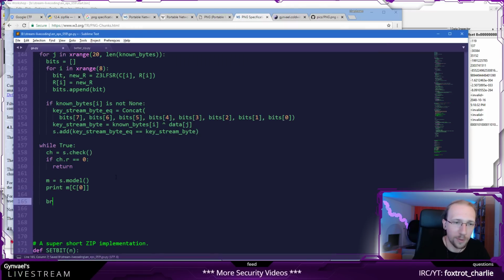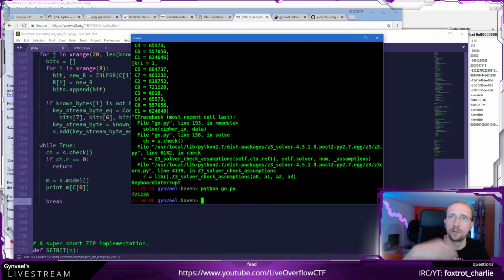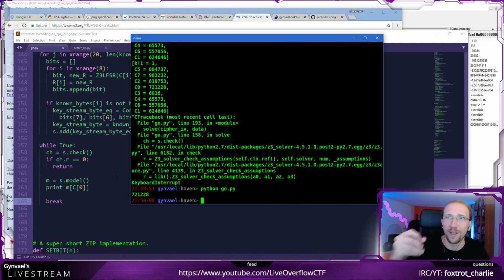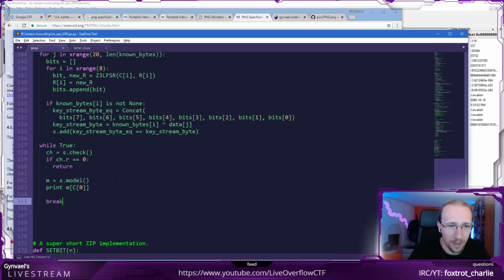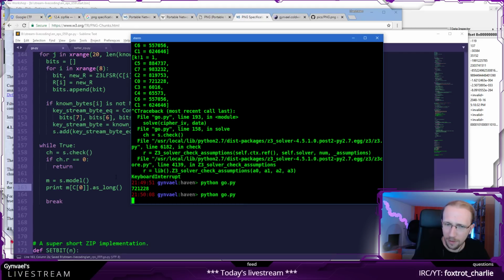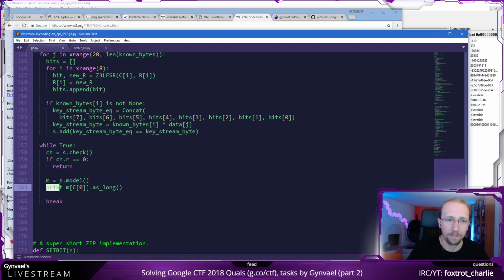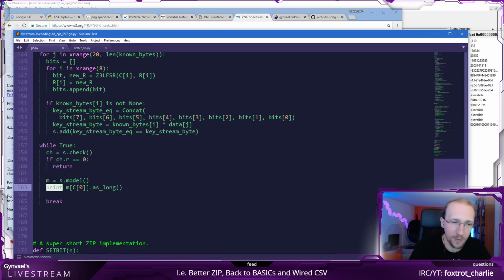This is one value. By the way, let me do break here. By default, it doesn't return the next solution, and so that's fine. And I need to do, I think, as long. Yes, okay, I do remember my Z3 a little at least. And this is basically the polynomial we got. So this would be the poly.